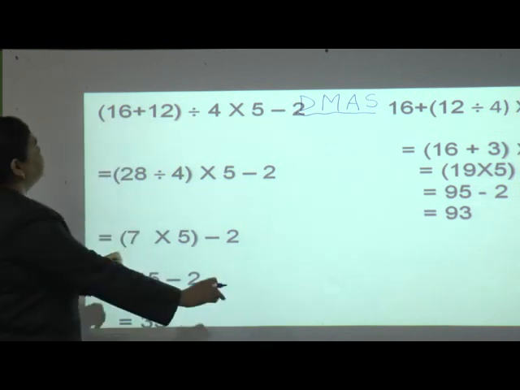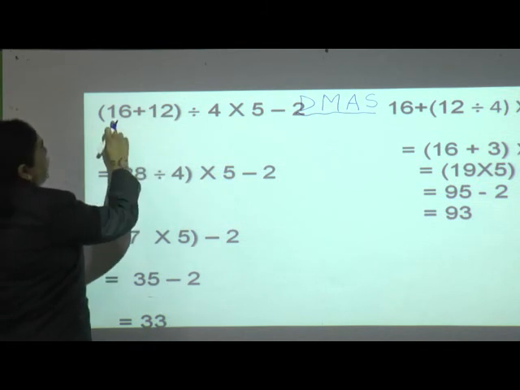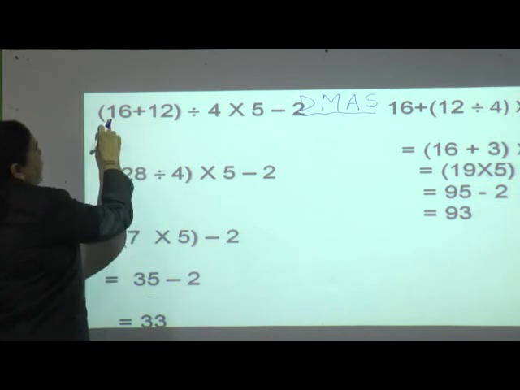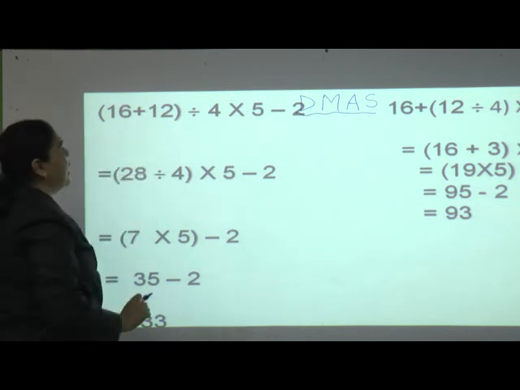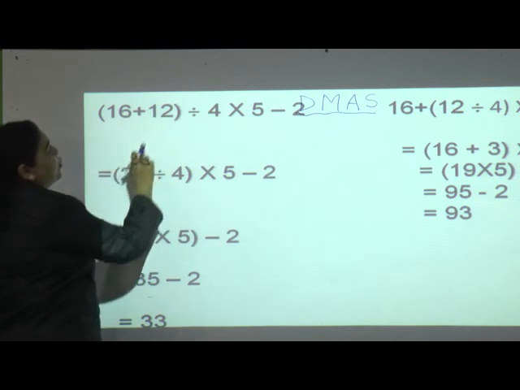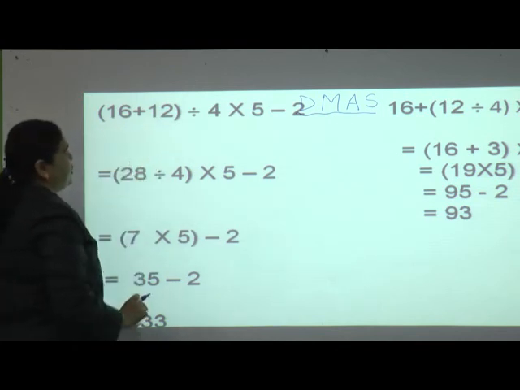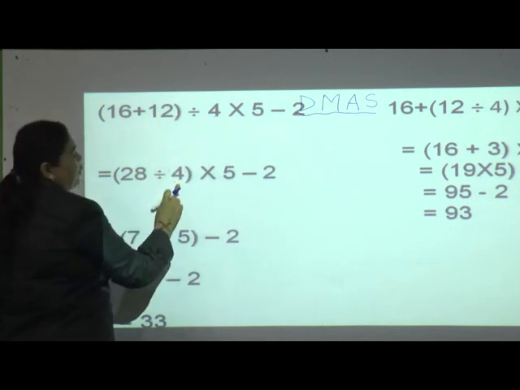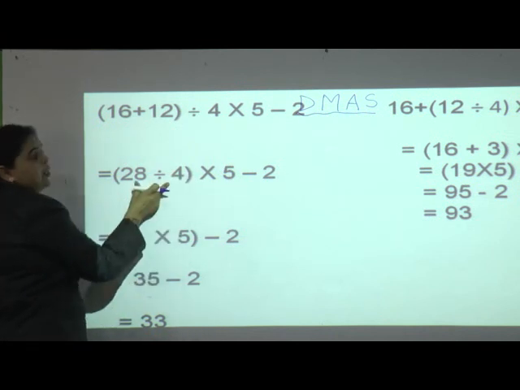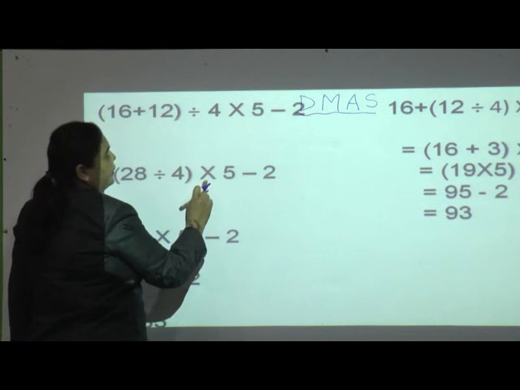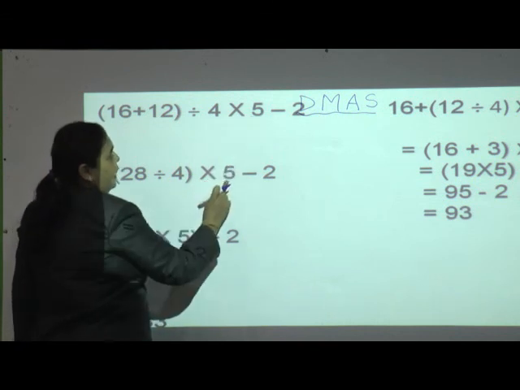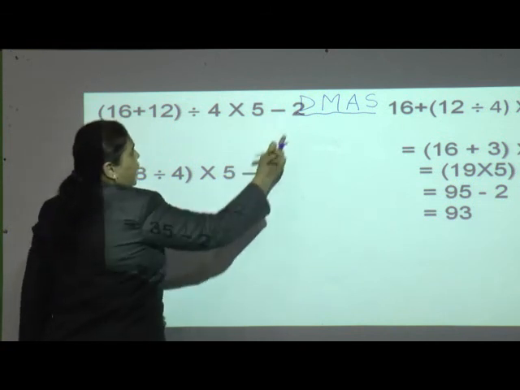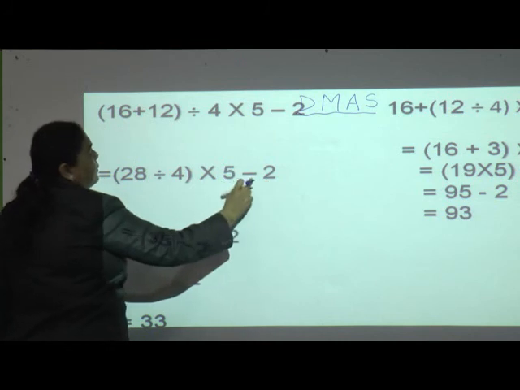Now we will see here, what is here? Total of 16 plus 12 is 28. 6 plus 2 is 8 and 1 plus 1 is 2. In the previous class I had already told you, you can do the small additions directly in the horizontal way. Divided, so I will write the division sign, divided by 4. I will put the bracket because I have to solve it first. Multiply, write as it is, 5 as it is, minus, whatever the operations, those operations we have to write, and 2, that is 5 minus 2.